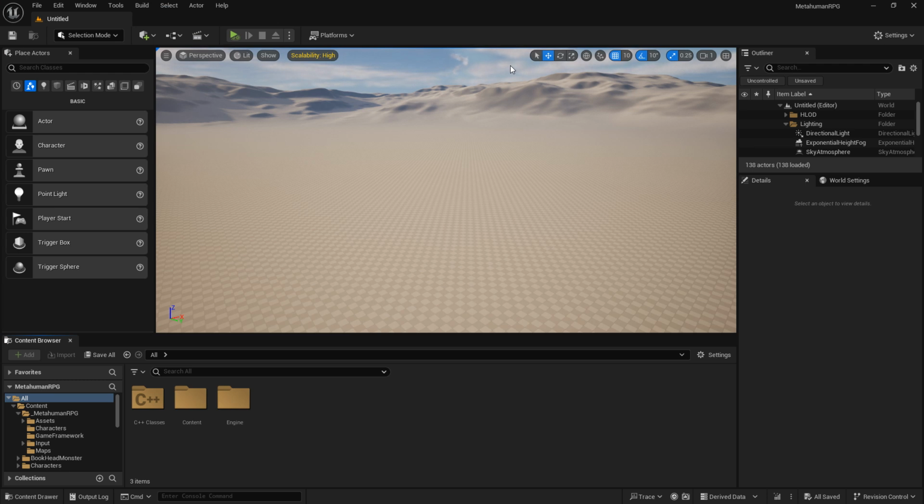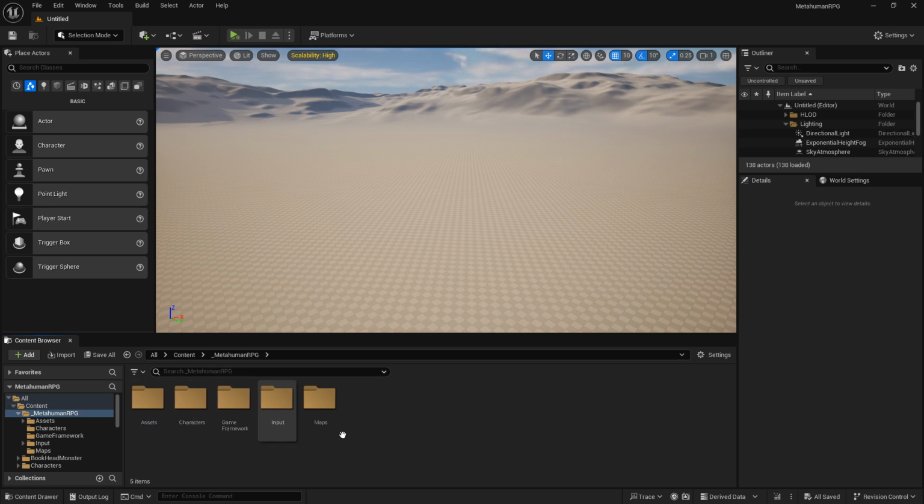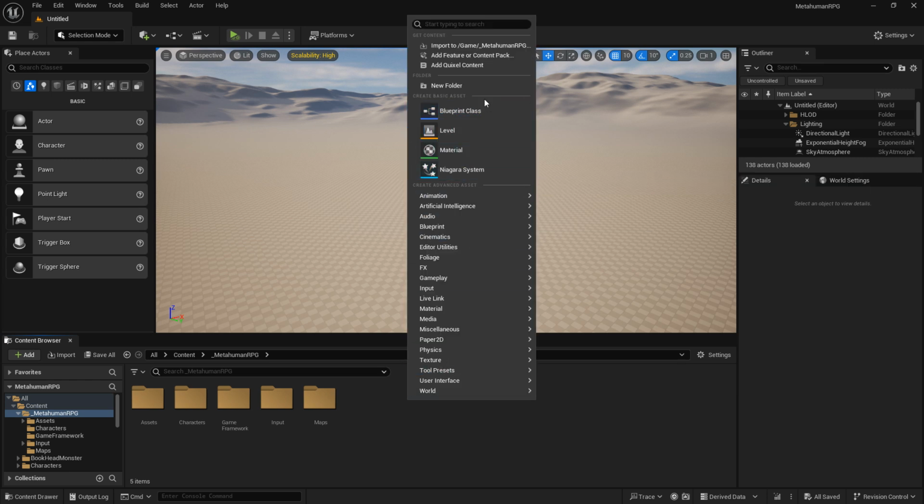In this episode, we're going to retarget our animations to our Metahuman. So, the first thing I want you guys to do is go to your content folder, go to your Metahuman RPG folder, and in your Metahuman RPG folder, I want you to make a folder called